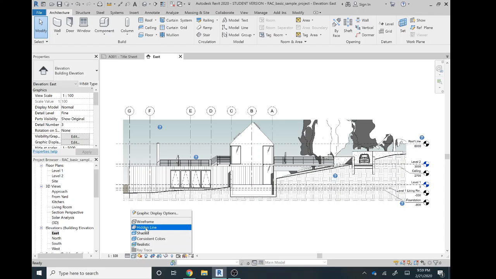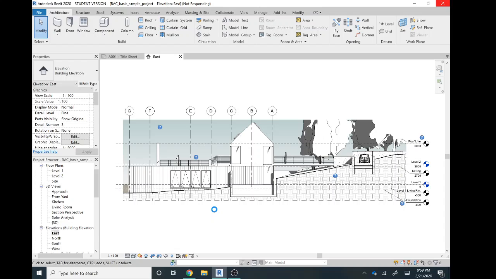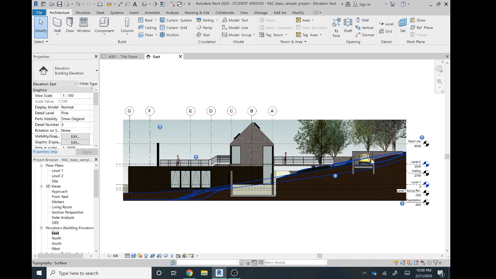So if you were to click here, there's wireframe, hidden line, and so if you wanted to change it to realistic, if it'll load, it'll change everything to the colors and textures you have already placed in. And if you were to do wireframe, it would be basically transparent walls. But so you can see here all the textures have loaded. So let's change it back to